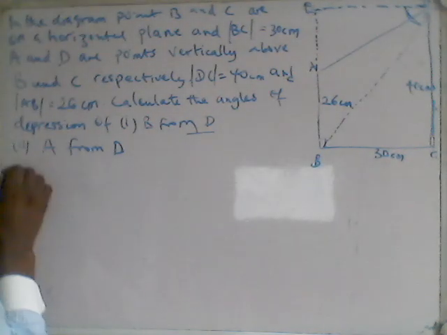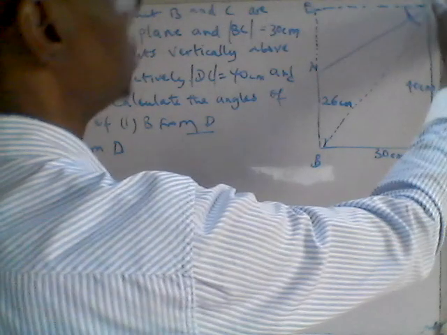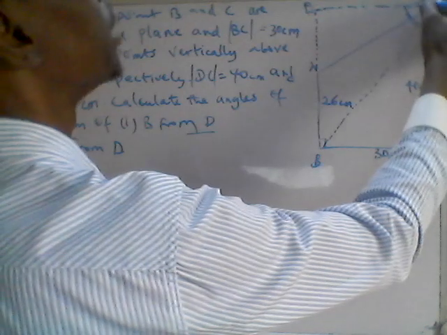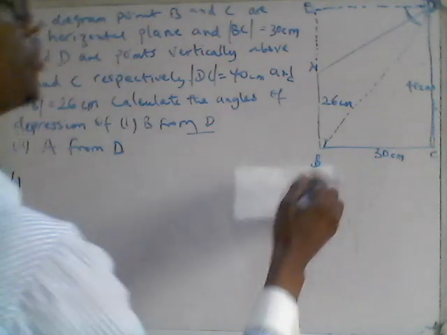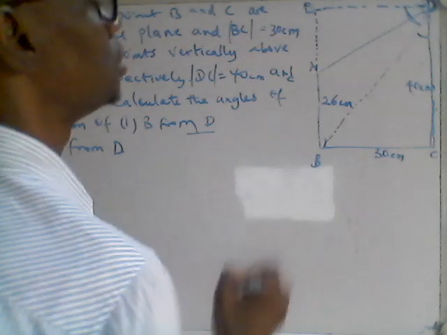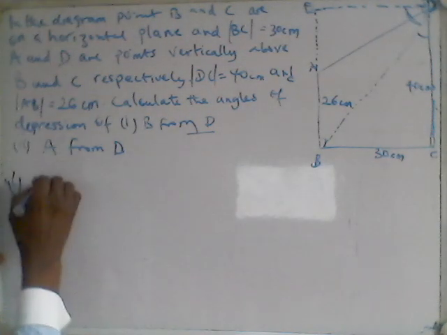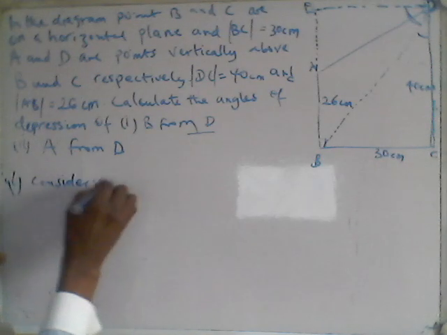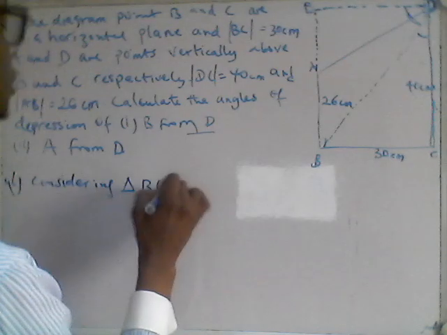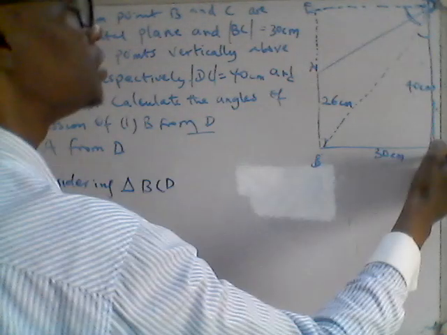Angle EDB. So to get it, for the first question, I'm going to calculate this angle B. This is D here now, right? So I am going to calculate the angle BDA, BDC. So I'll say, considering triangle BCD, to get BDC angle,